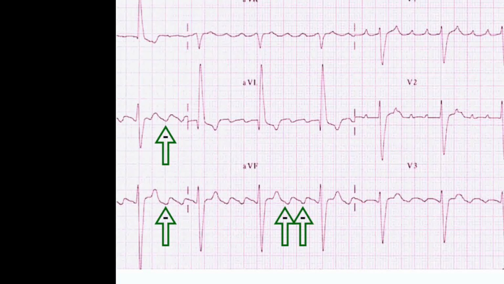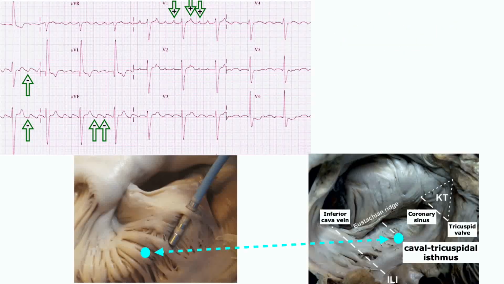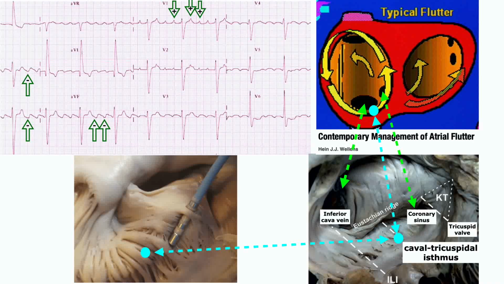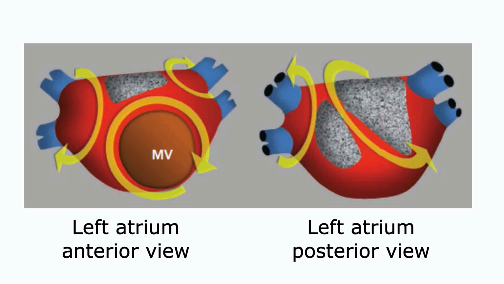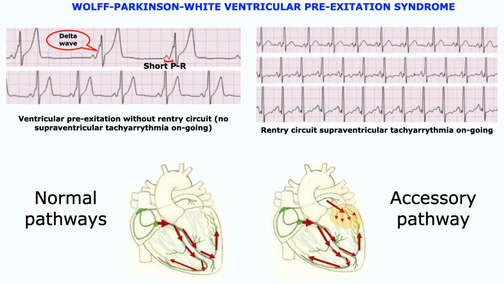However, the commonest circuit, namely the one spotted in the external electrocardiogram by the sawtooth negative F waves in D2, D3 and AVF leads, and positive waves in V1 lead, is caused by a counterclockwise activation circuit at the inferior cava vein tricuspid valve isthmus level. The atrial fibrillation is often caused by re-entry activation circuits around the four outlets of the pulmonary veins into the left atrium. The ventricular pre-excitation syndrome is usually caused by an abnormal shortcut pathway located next to the